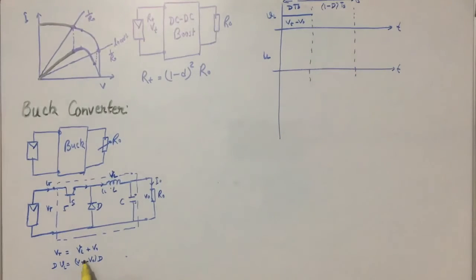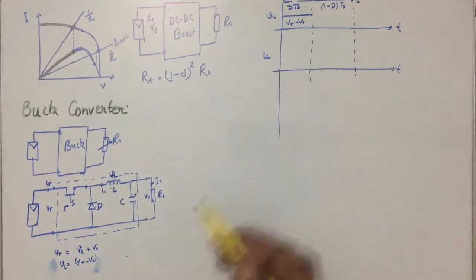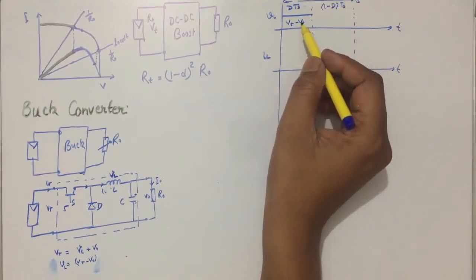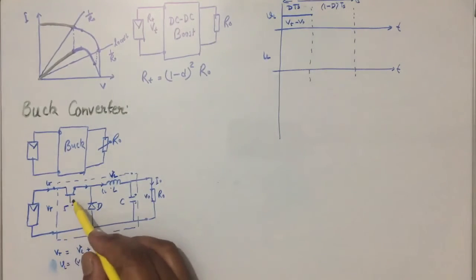That is this voltage, Vt minus V0. So we can remove the D, it is not required. For on time the voltage is Vt minus V0, and when the switch is off,